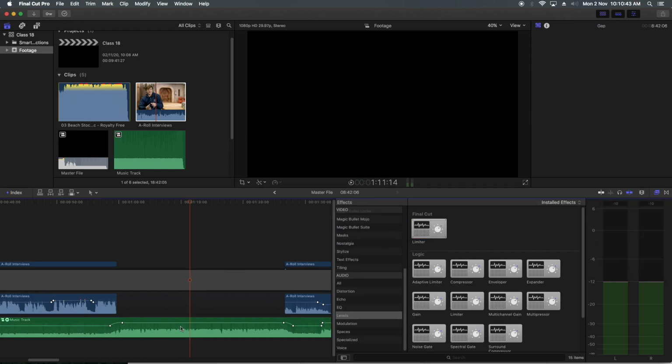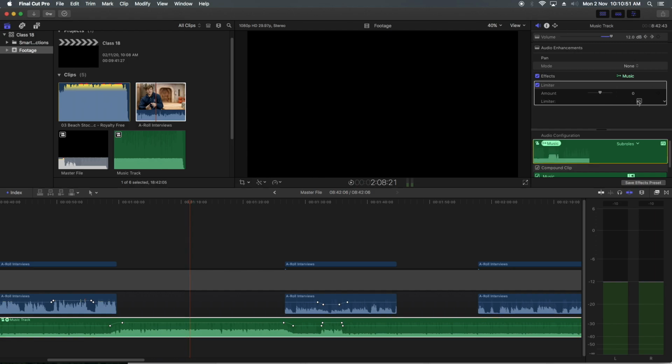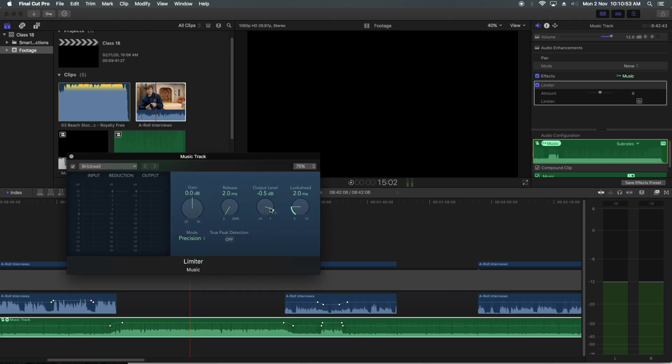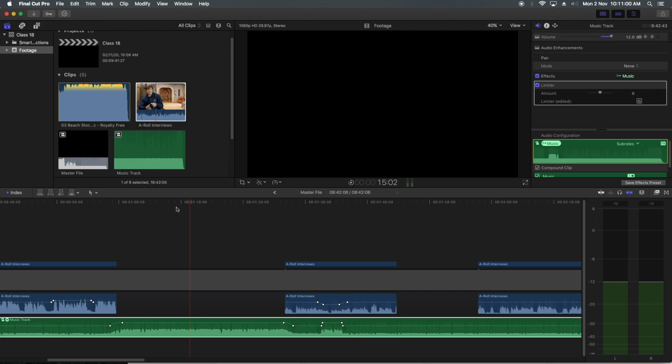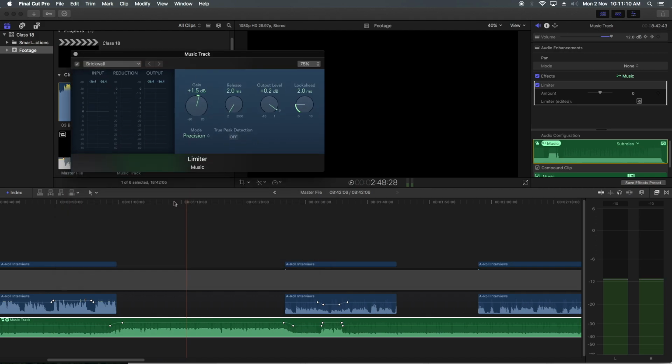Simple, again limiter. What we have to do now is increase the gain and increase the output. So one simple filter is doing everything for us.